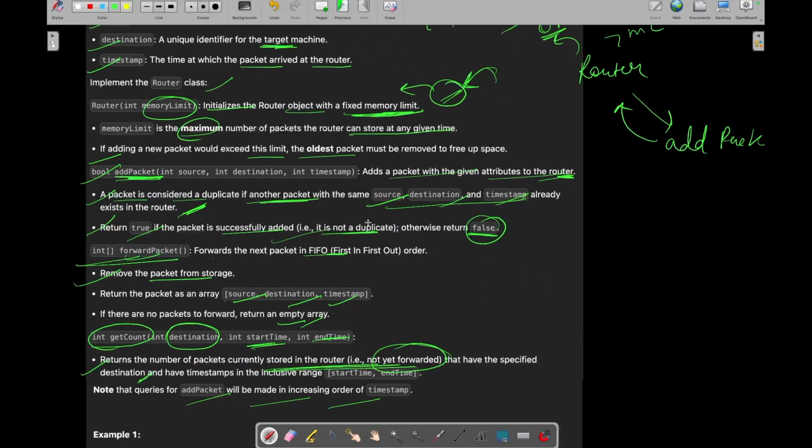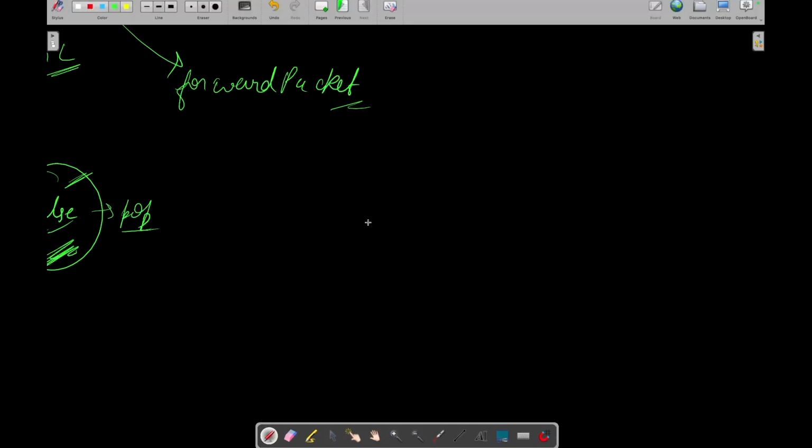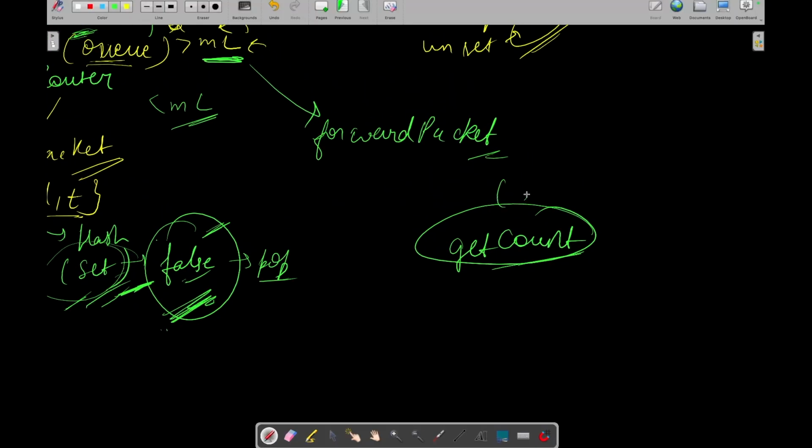Now let's see how we can implement the get count function. Get count will return the count of the packets with that particular destination, where the timestamp should be between start time and end time.